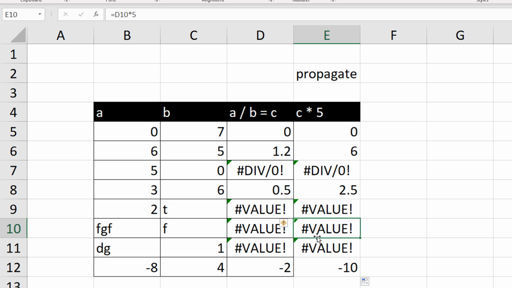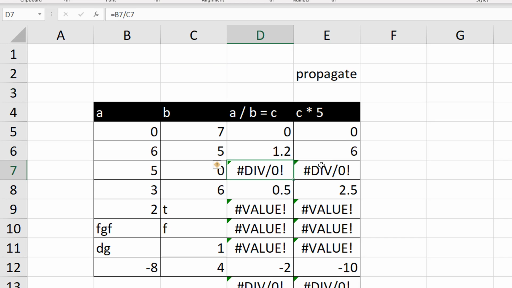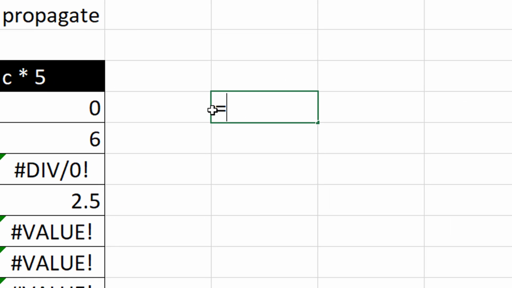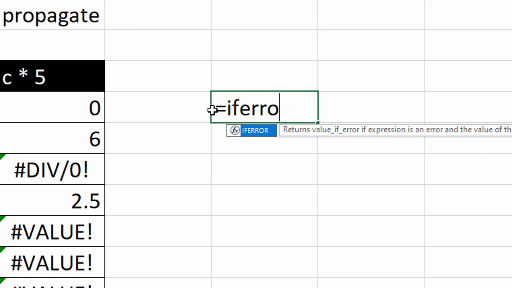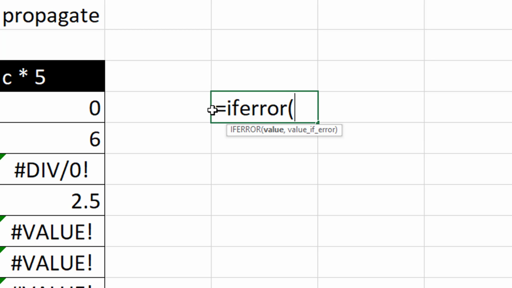And so we can avoid this by trapping the error. So the goal is to trap the error, trapping the error. And as I say, we do this using the IFERROR function. So IFERROR works like all other functions. We have some brackets, just two arguments in this case. We have first of all our value to check if it's going to give us an error. And then our second argument is something to write